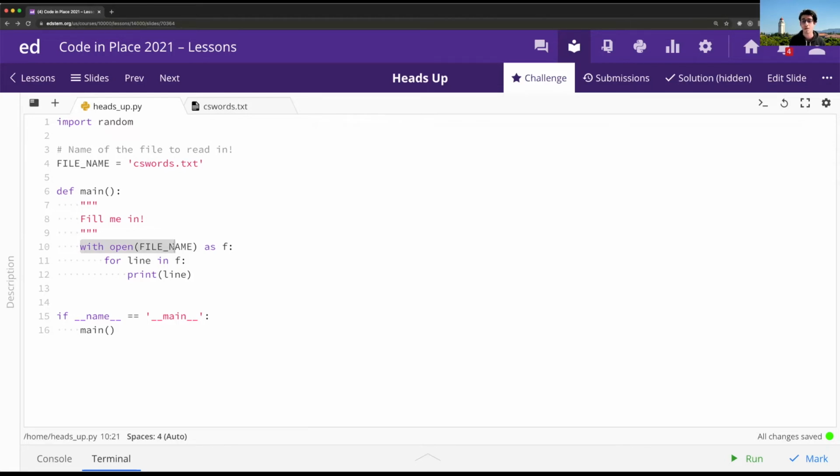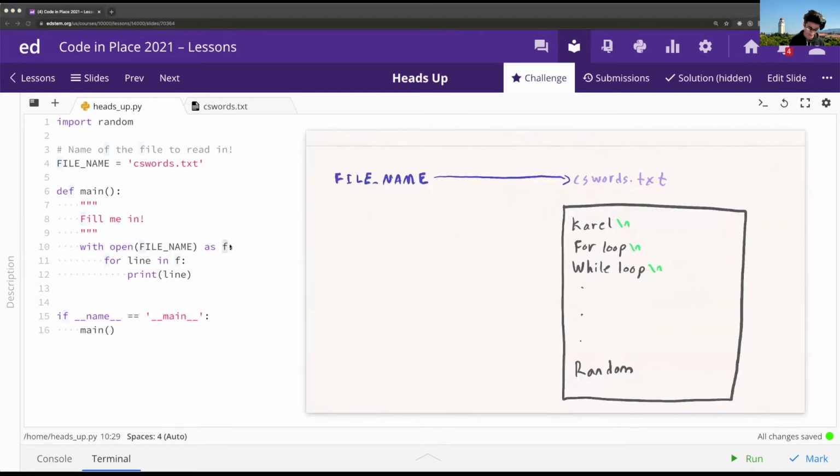how it works. The first line over here is with open file name as f. What that basically does is it opens up a particular position in the file. That's what open file name is doing. And it stores it in this f variable over here. Specifically, f stores the position of the very beginning of the file. So what that looks like kind of in our computer is f pointing at the very